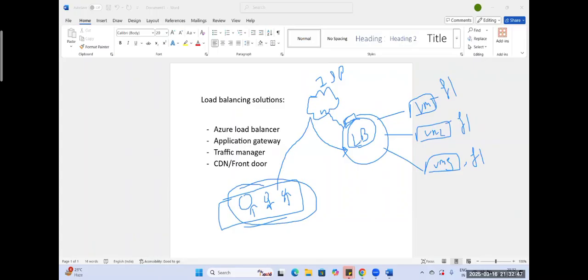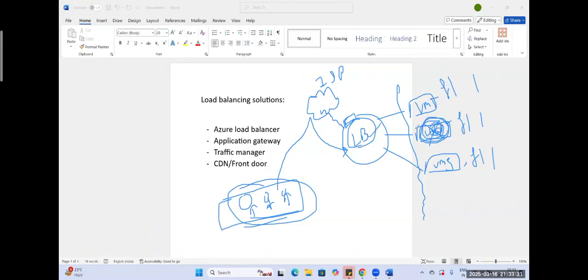Load balancer will check in the backend. This is called the backend. These servers will never be exposed to the users. User को ये servers expose होंगे ही नहीं कभी भी, because they have the private IP only. So the load balancer will check which server in the backend is free to handle the load. If all of these 3 servers are free, the load of these 3 users will be equally distributed to these 3 VMs. One will be here, one here, one here. But let's suppose this server is not working. If this is down,